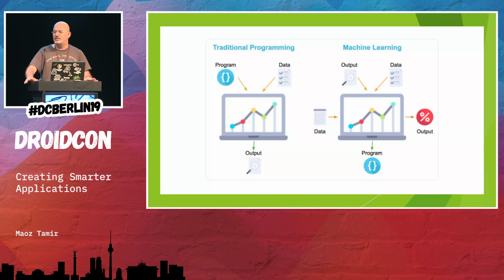Now, I'm not saying that traditional programming is going to go away, because for many things and many situations, we will still need to use it. And there are many places where you are trying to push machine learning into the program by force. But you need to understand that this is a tool that today you have. If you have an algorithm that you want to create, which is based on a lot of data and a lot of examples that you have, you can use machine learning to implement that, and it is easier than you think.